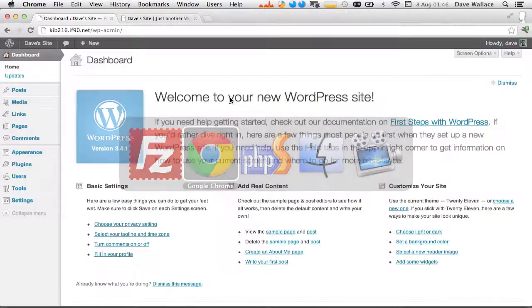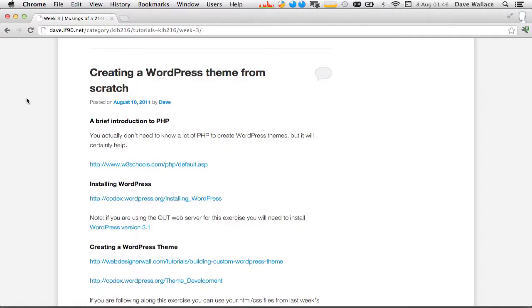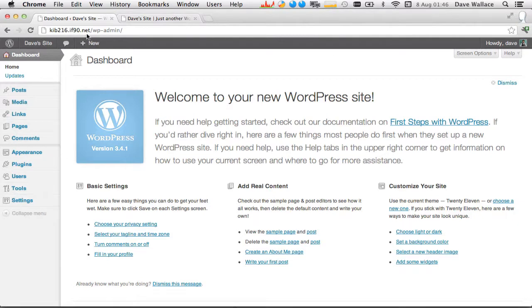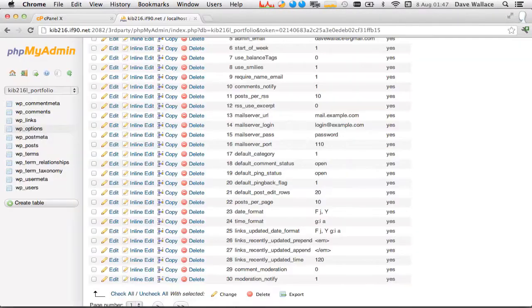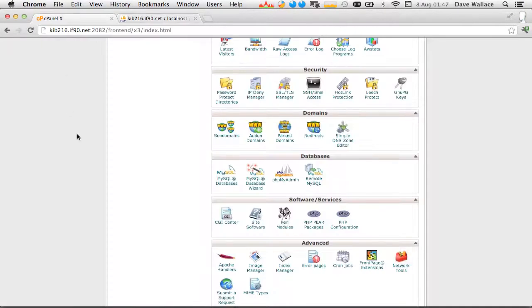It's pretty good. Okay. So we're pretty much done with cPanel now. All that stuff's set up. We've got our FTP accounts, we've got our database account set up, and that's essentially it. The only other thing I'll mention about cPanel is